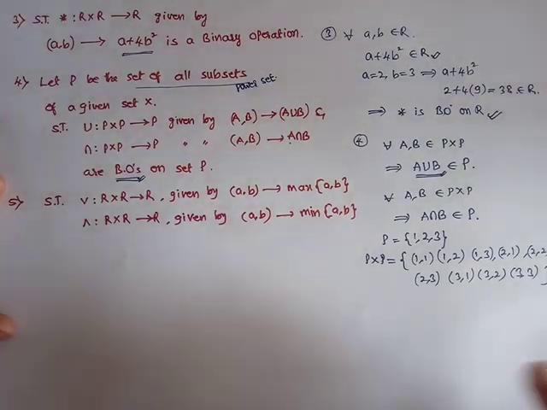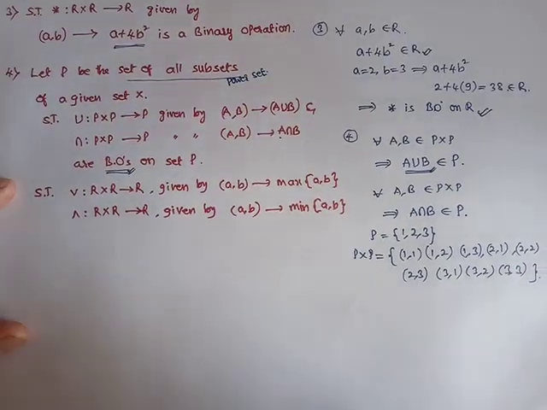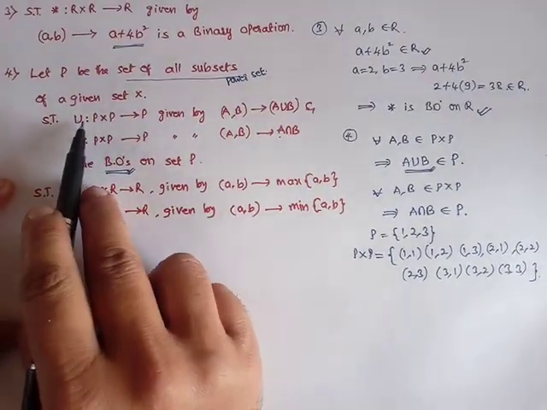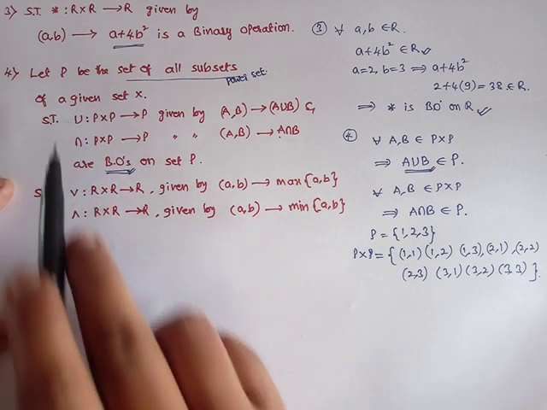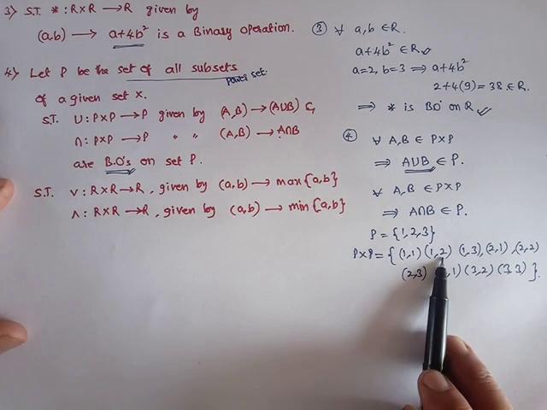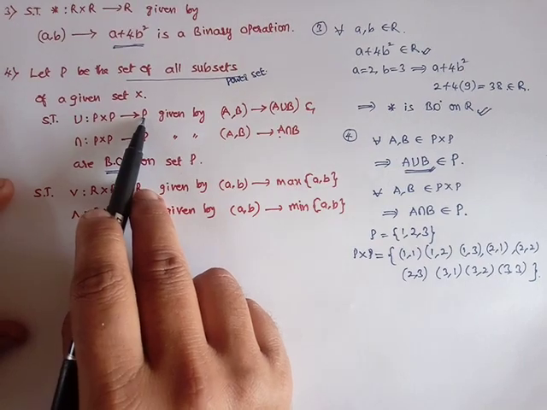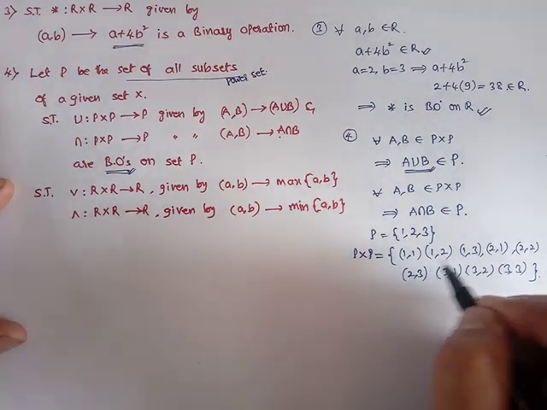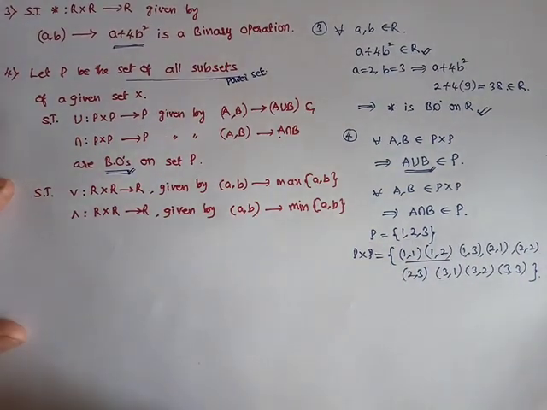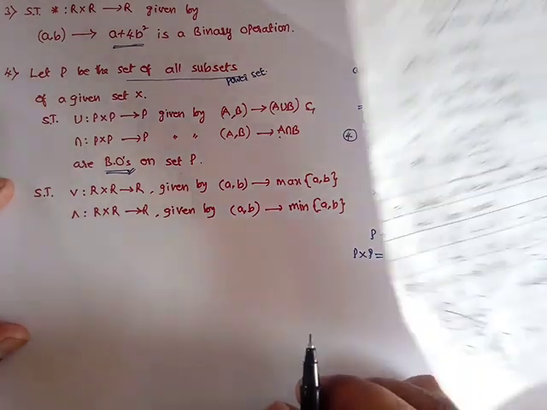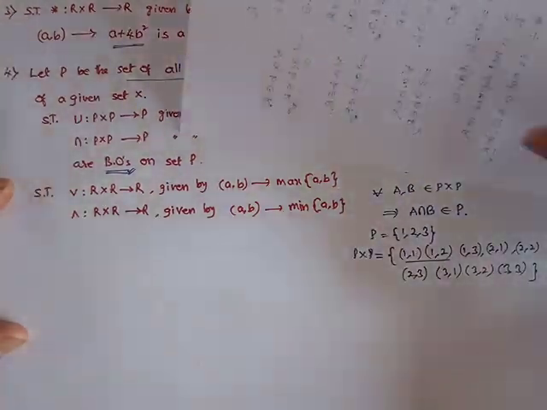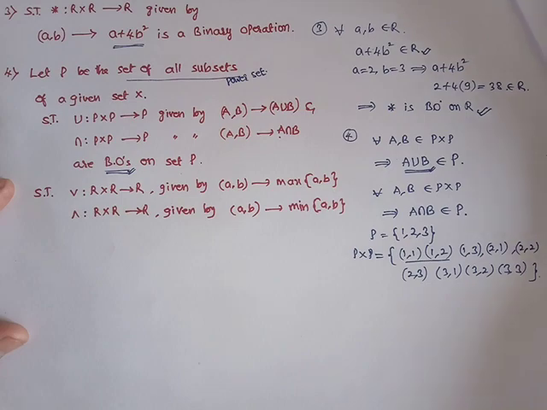Now the binary operation is taken on P cross P, so the union of any two elements from here, whether it belongs to P or not. Now if I take these two, 1 comma 1 and 1 comma 2, then